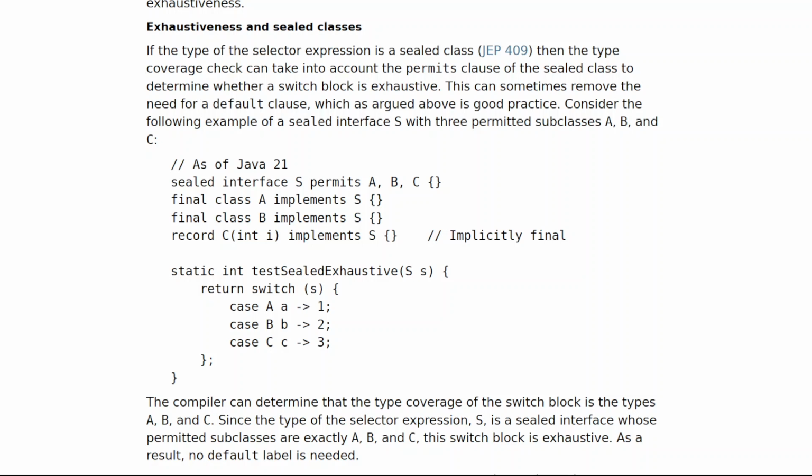As of Java 21: sealed interface S permits A, B, C { } final class A implements S { } final class B implements S { } record C(int i) implements S { } // implicitly final. static int testSealedExhaustive(S s) { return switch (s) { case A a -> 1; case B b -> 2; case C c -> 3; }